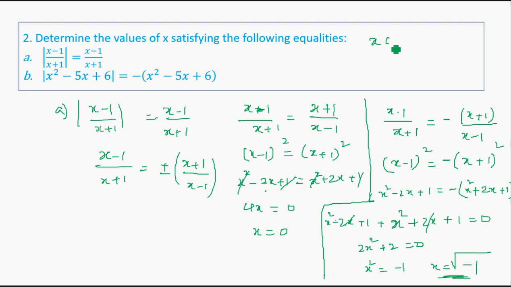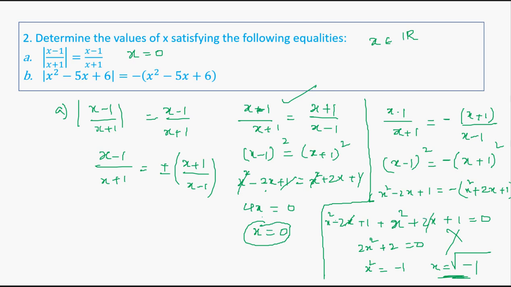somewhere it will be mentioned that x belongs to real numbers, so this is not true, right? Because x equal to root of minus 1 is not a real number, it is a different number. We will discuss what kind of number root of minus 1 is in some other chapter, but right now since we are discussing calculus, we will ignore it. It is not a real number, and hence the answer to the first one is x equal to 0, right? So we got that from here.